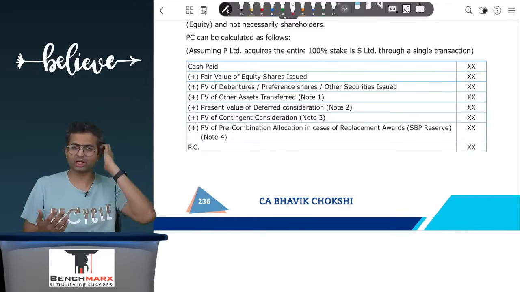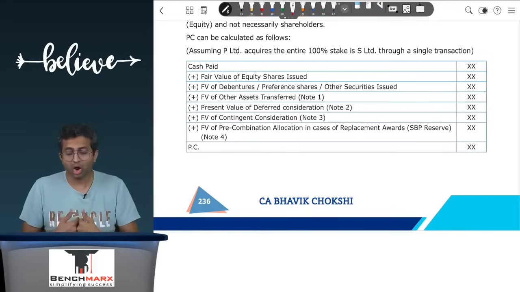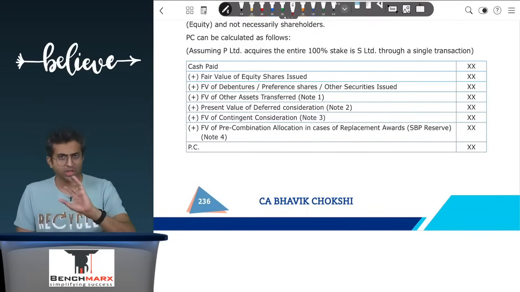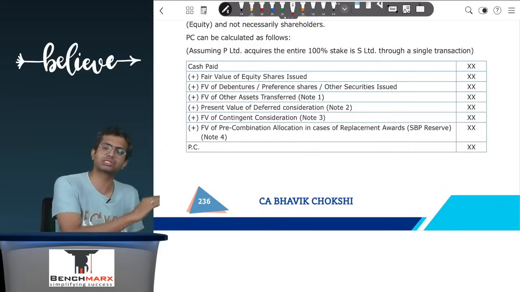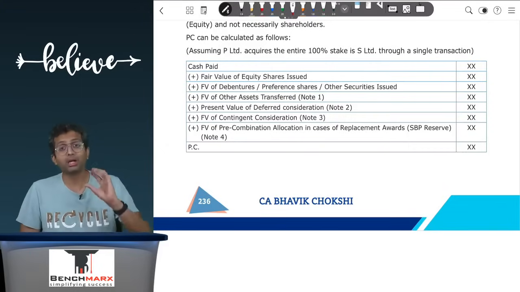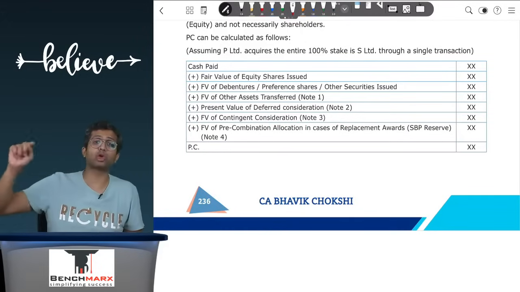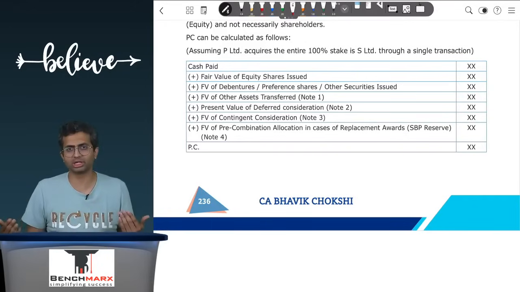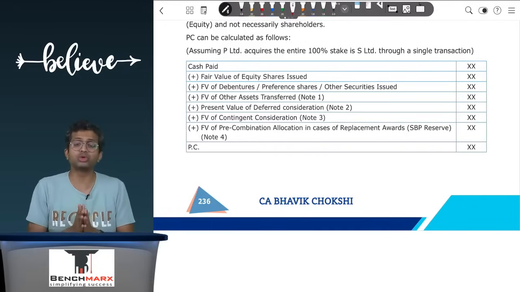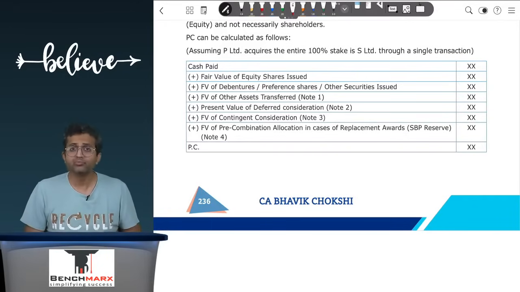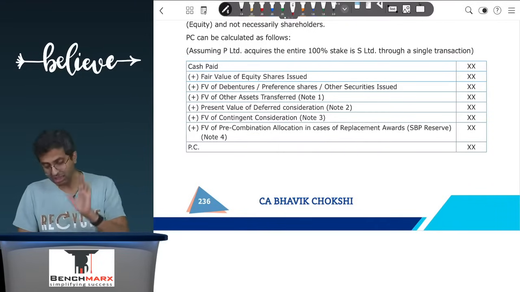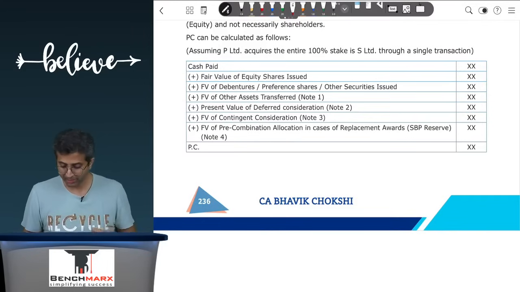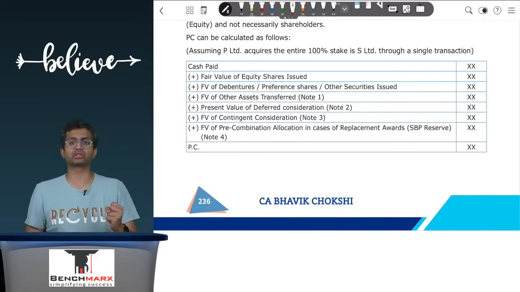Hence we will have to allocate the consideration of the awards that I am agreeing to give between pre and post combination. A part of these shares are going to be issued because the employee is acting like an owner, because he has already given some service in the past, but a part of it is to be given only if the employee gives service in the future years, which he has not yet given. As a result, you will try to allocate the fair value into the pre-combination and the post-combination element, and in your PC determination, you will take only the fair value of the pre-combination allocation in case of replacement awards.